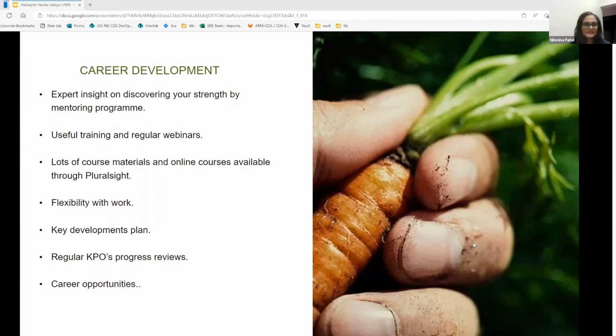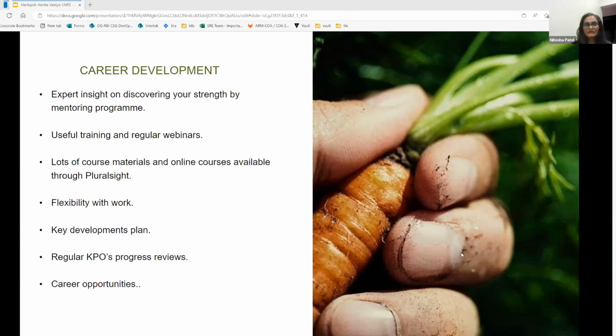The good thing about IT, and I keep mentioning it, is the flexibility. You have lots of choices about which sector you want to work in. You might want to work in retail, accounting, banking, or anything like farming, as I work for farming software. There's lots of opportunity wherever your interest is, because technology is everywhere. So flexibility with the work is the main thing, with LexisNexis being a global, worldwide organization involved in different sectors. We have lots of opportunity to go into the sector of your interest and work there.